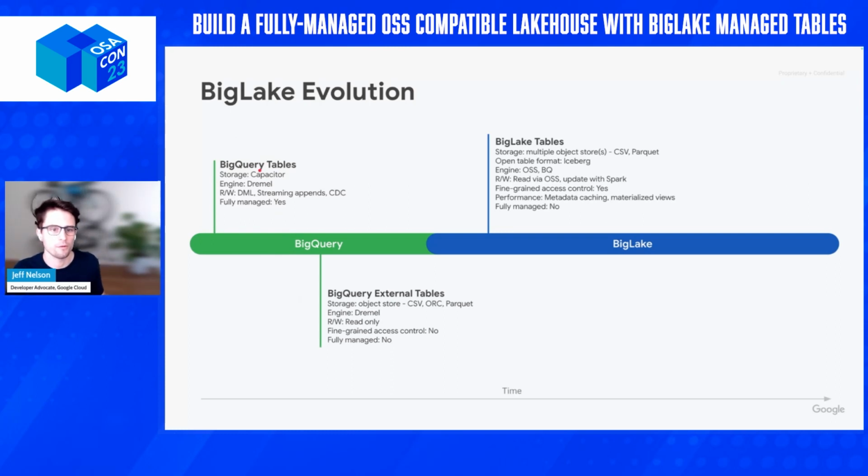BigLake tables. With BigLake, developers could continue to store their data in open file formats like Parquet, CSV, Avro, whatever it may be, and apply open table constructs like Iceberg on top of this data. So the data no longer needed to be stored in Google Cloud Storage either. It could reside in S3 or Azure Blob Storage. And querying wasn't restricted to Google's Dremel engine any longer either. We could use that, or we could use open source engines like Flink or Spark on top of that same